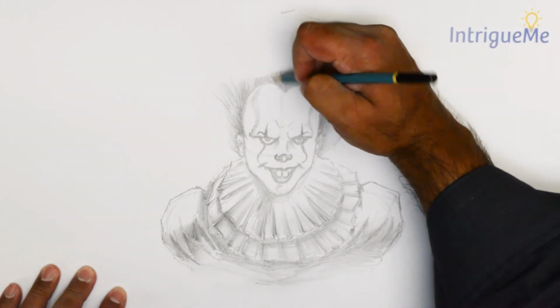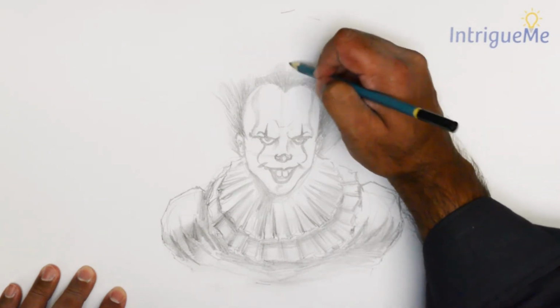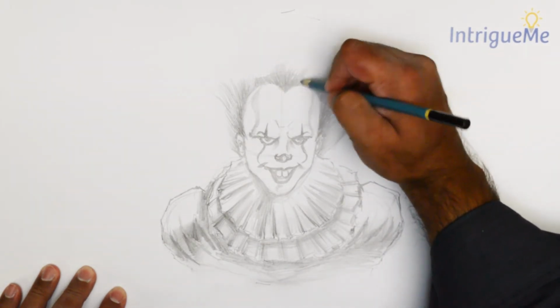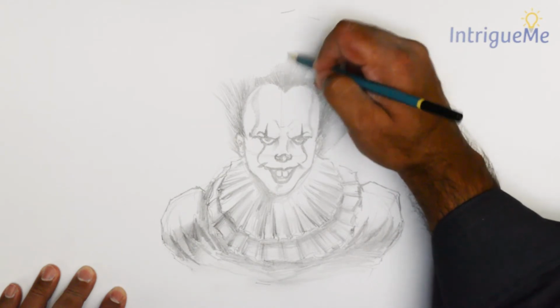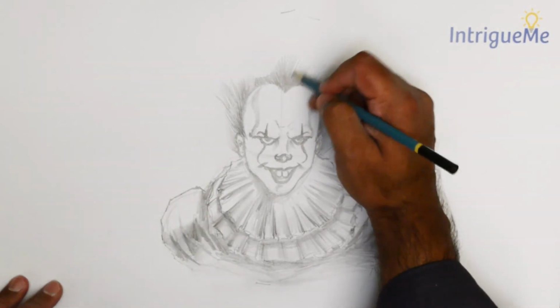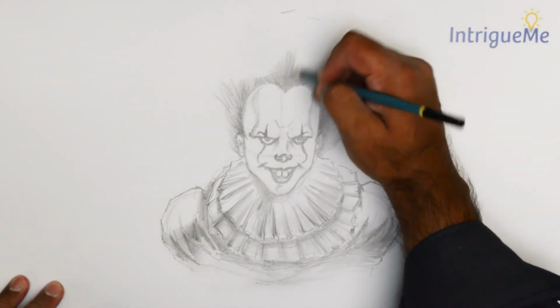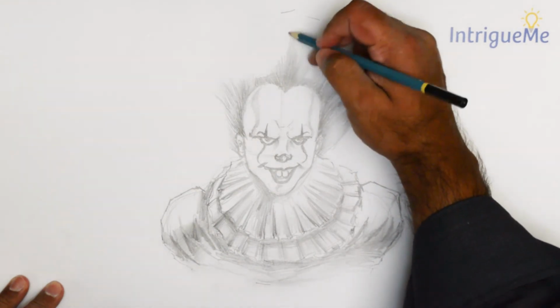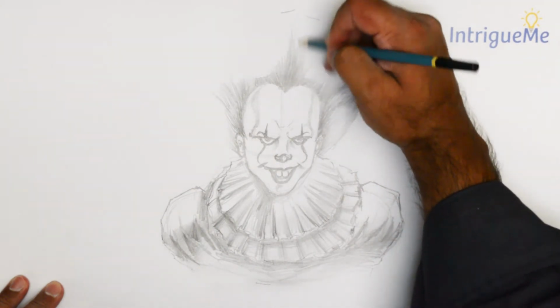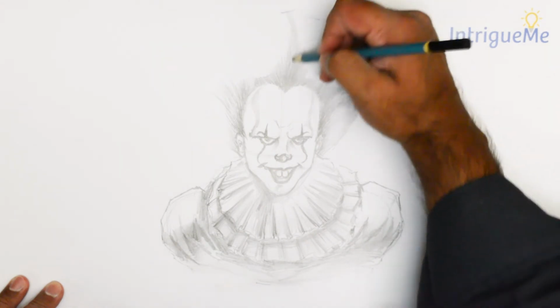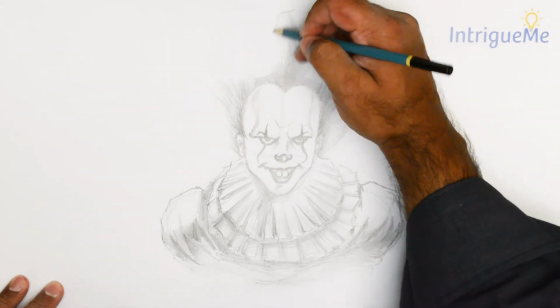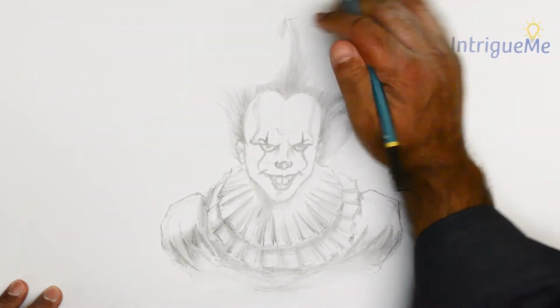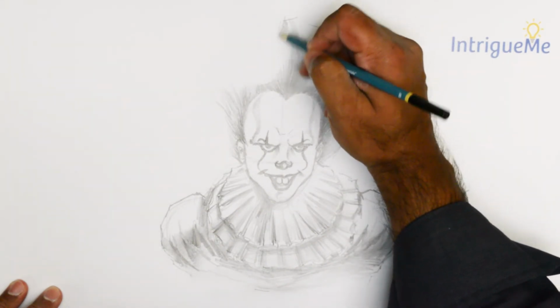So his hair stands, I think, thicker and more defined or more dense here. I think he has some wild proportions when it comes to the top here, and you could accordingly use that